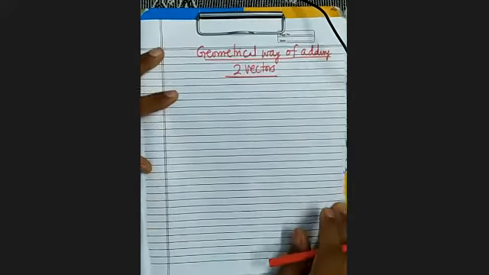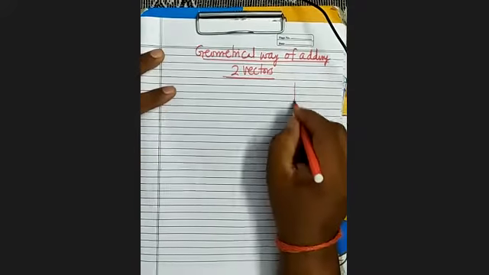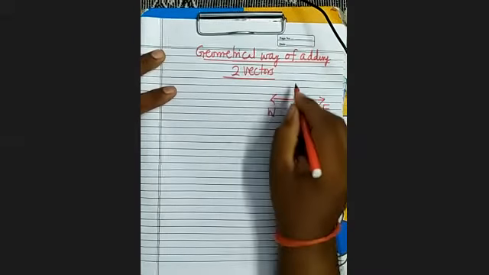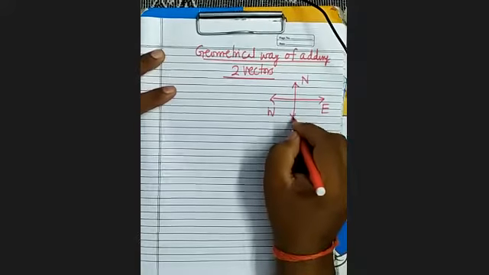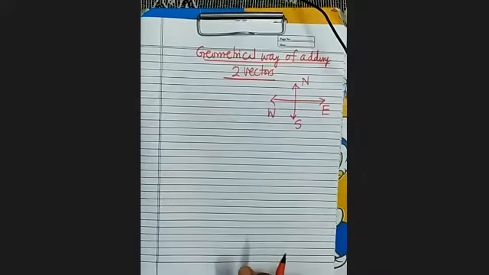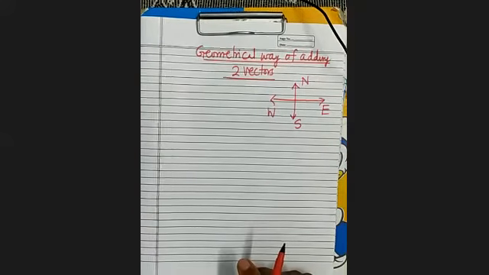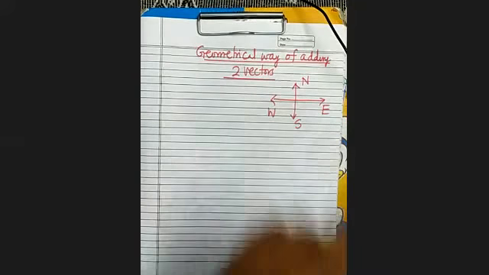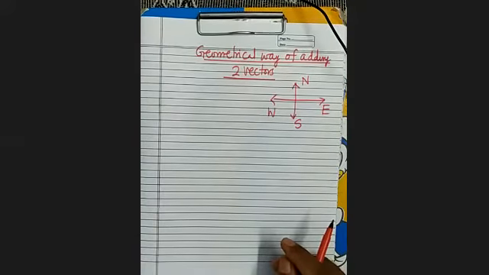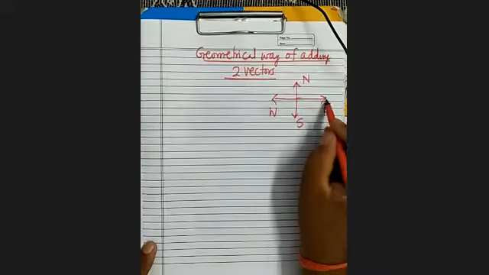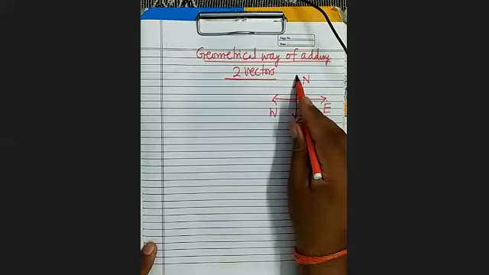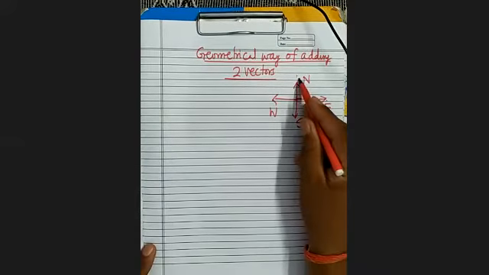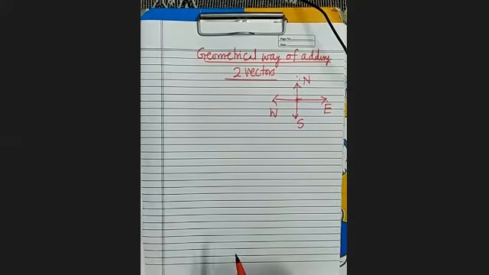and one more thing, we will remember that these are the directions: east, west, north, south, and the direction of two vectors can be given either in relative terms or as absolute directions. Absolute directions means when we say east, it will be this one; it cannot be that east is here or east is there. When we say north, then the north will be this. So these are the absolute directions.